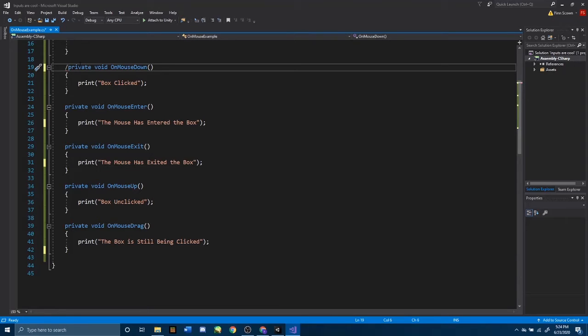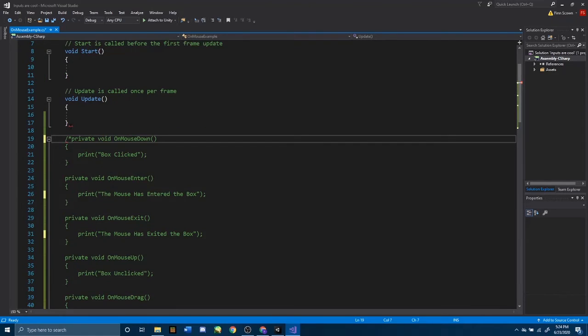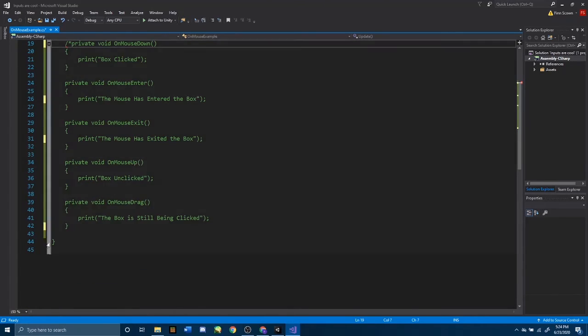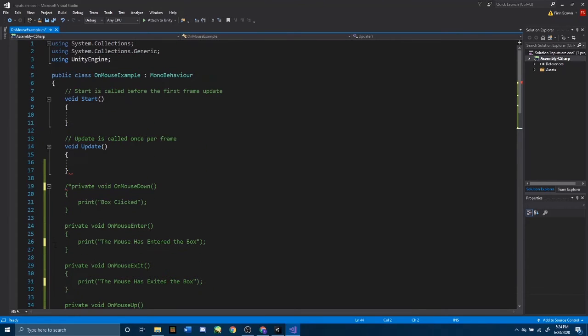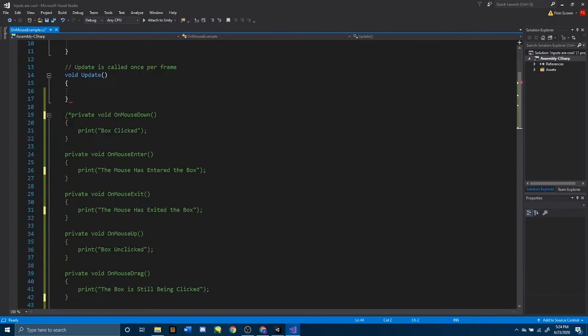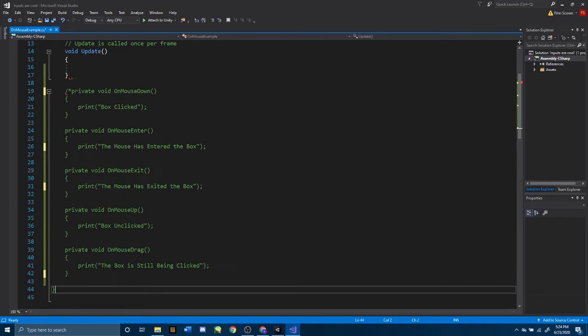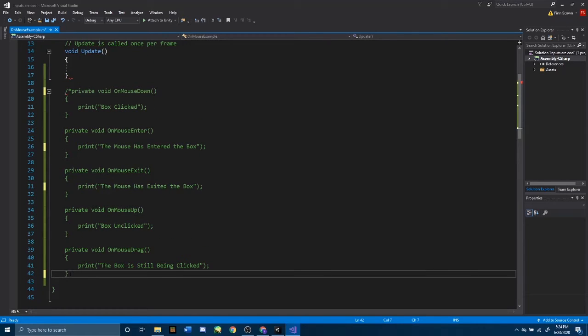and then hold Shift and press the 8 key above your keyboard, and you'll notice that all of this turns green, but we don't want all of it to be green. You'll see we get this red squiggly line, and that's because we commented out the end bracket of the container for the public class, and we shouldn't do that. So click right here behind this bracket after the on mouse drag function